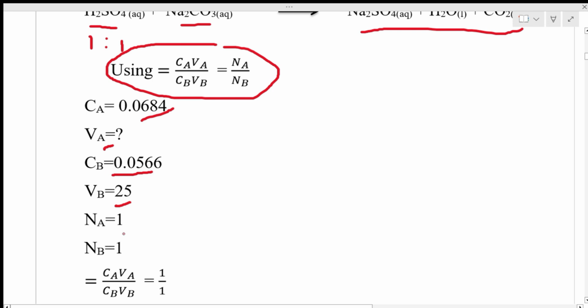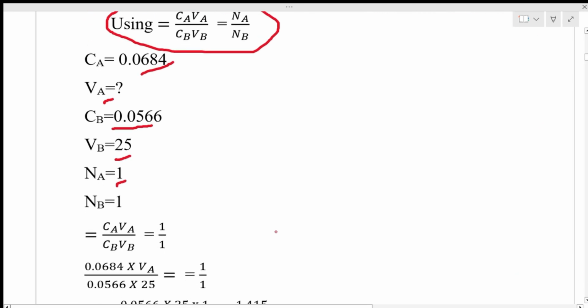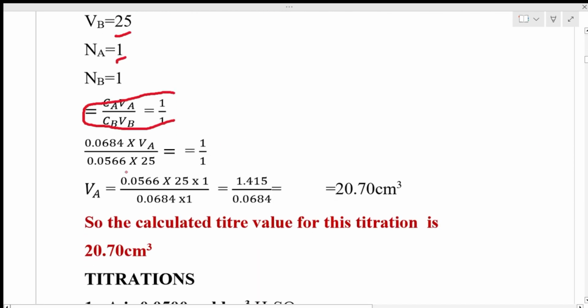From the equation, you can see 1 mole of acid to 1 mole of base. So when I substitute correctly, the value of my acid will be 20.70